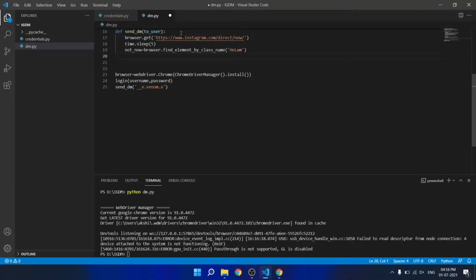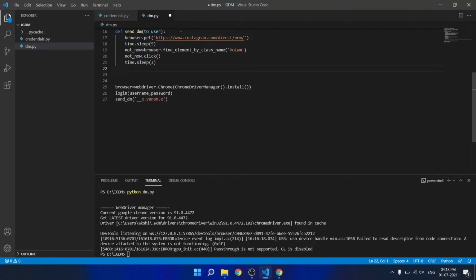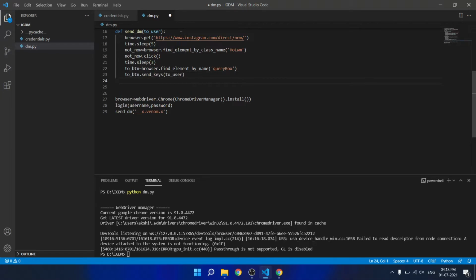Now when you go to the URL you'll get a message for accepting the notification. You can select the button not now and then click the button using dot click. Then you have to enter the username in the query box, so you select the element by name query box and then enter the username, then sleep,